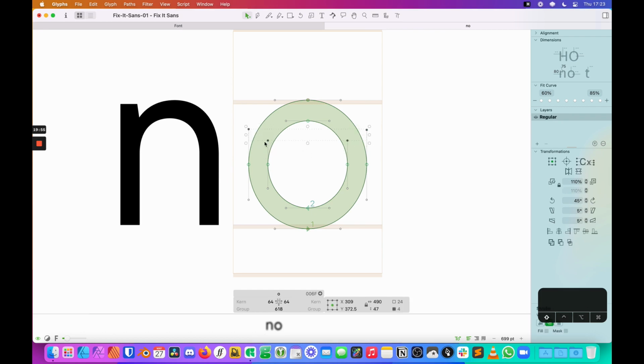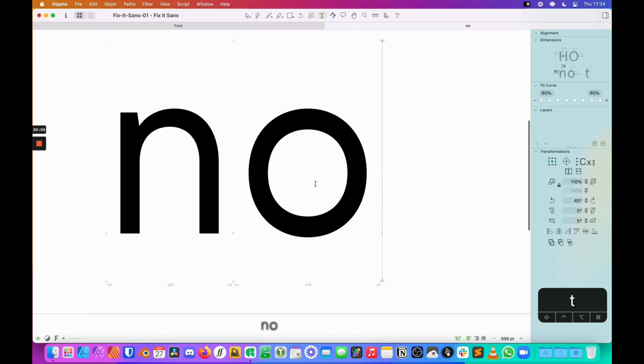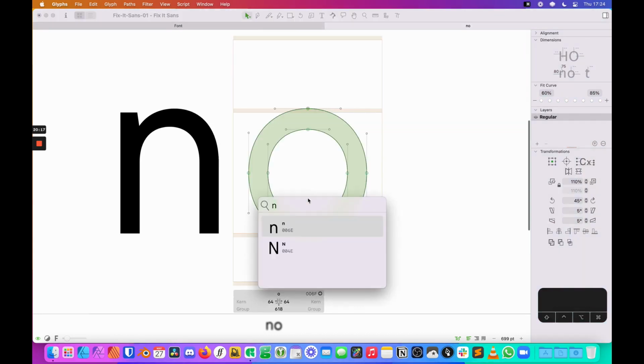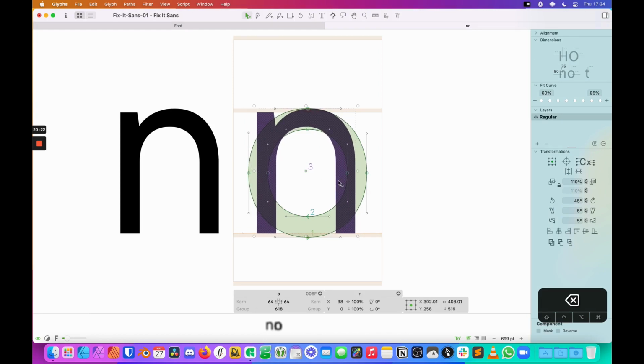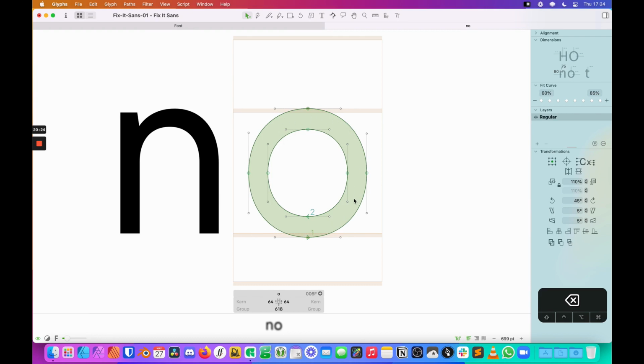The first way is if you wanted to select just the handles here, similar to what we did on the N, and maybe bring it up a couple points here, and then we'll bring this one down a couple points. And right now I'm just focused on the outer shape of the O. Pretty much my plan here is to make this curve here feel like this curve here. It may not actually line up technically, and I would even go as far as assuming it doesn't, which it doesn't really. I'm just trying to create the illusion that it looks similar. So don't get too worried if this doesn't look exactly perfect.